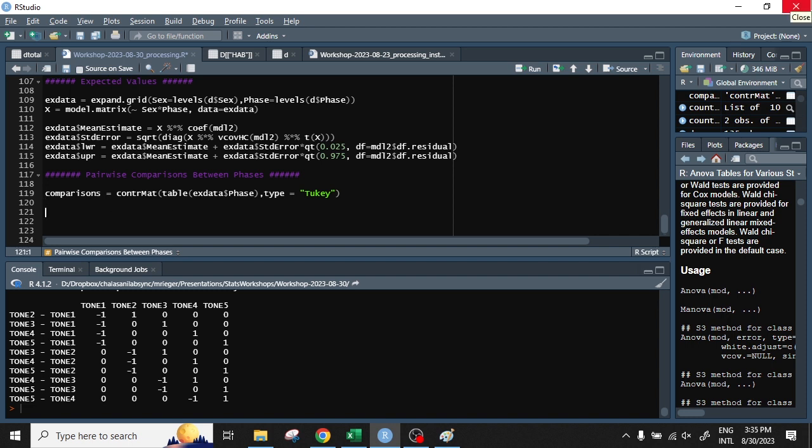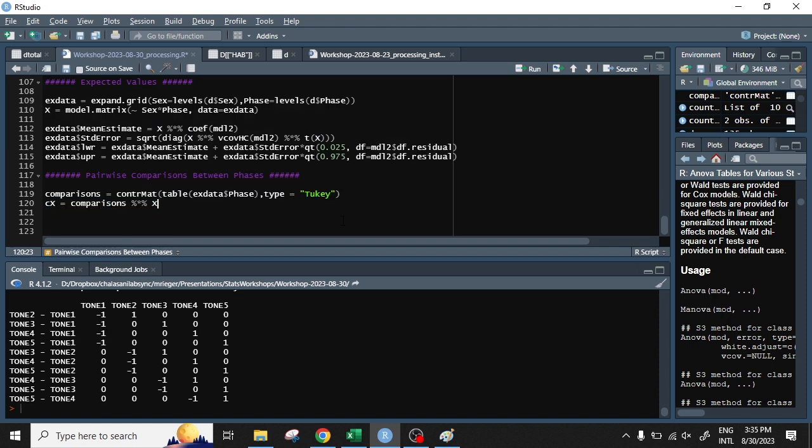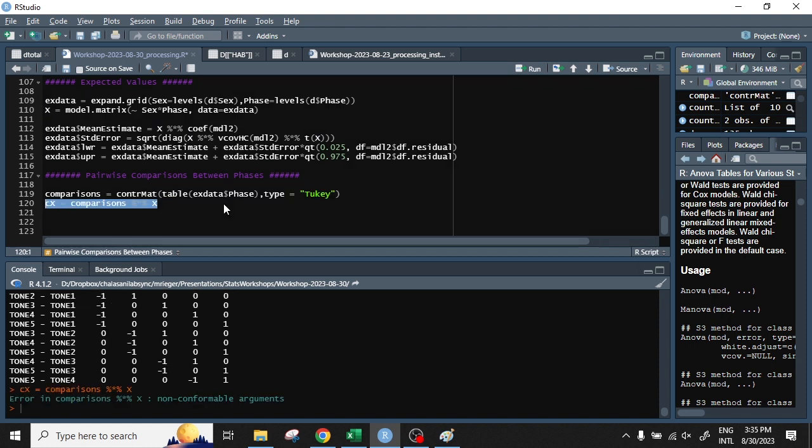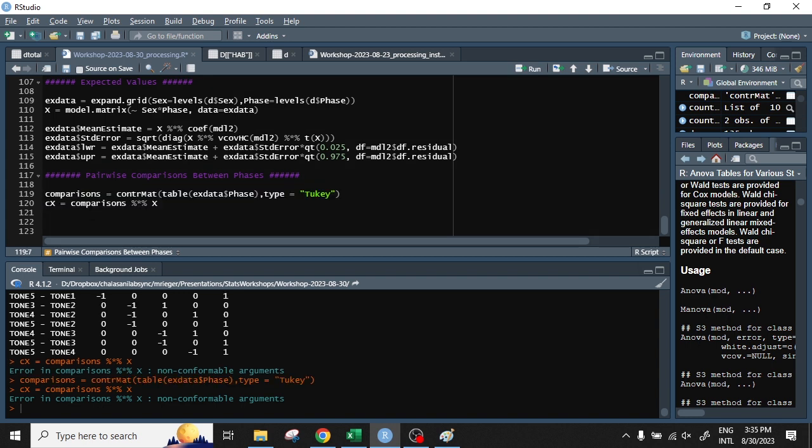Okay, and then I'm going to make my actual testing matrix. I always call that lowercase cx, which is comparisons, %*% x. So basically, I'm multiplying these comparisons to x. That's going to do all the possible different row combinations on x, basically. Whoops. Why do you say that? Oh, my bad. Oh, damn it. It's because